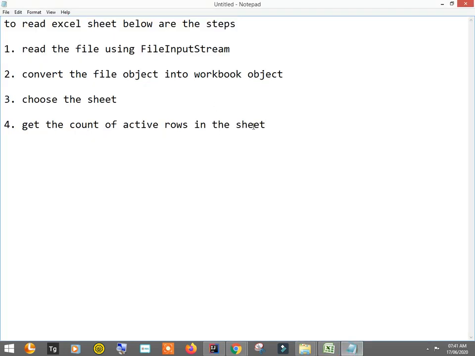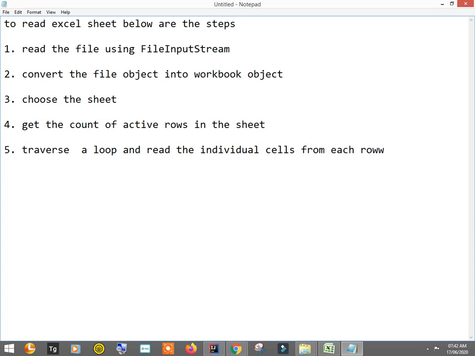So now, traverse a loop and read the individual cells from each row.